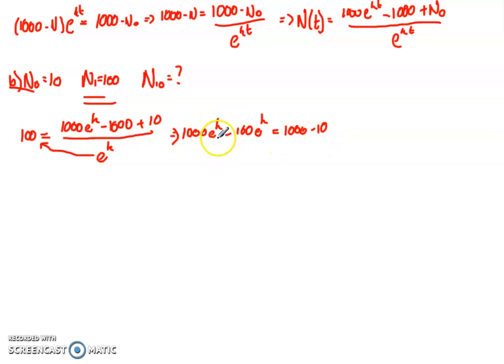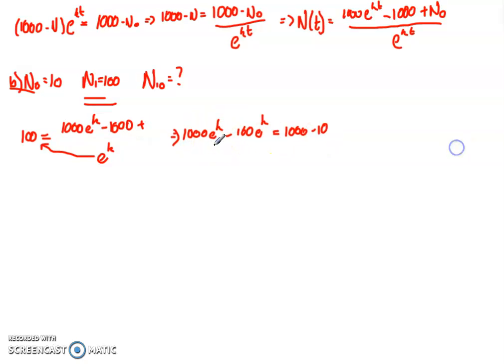So I can then simplify both of these here. That will then end up giving me 900 e to the k on this side equals 1000 minus 10, so 990. Divide through and I get e to the k is equal to 990 over 900, which is equal to